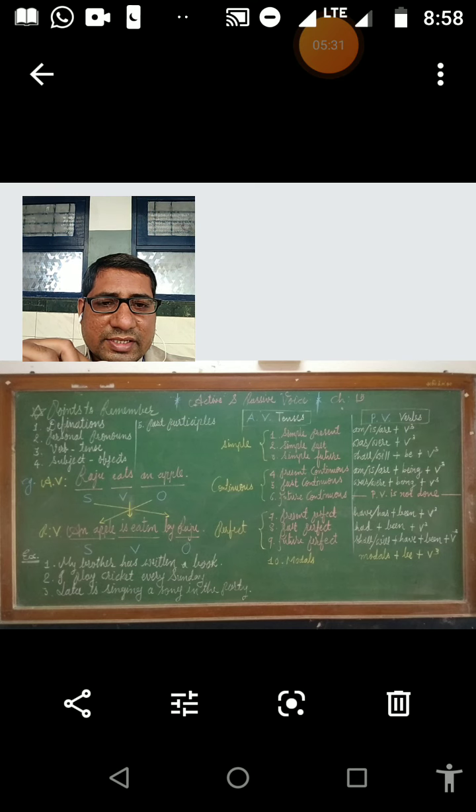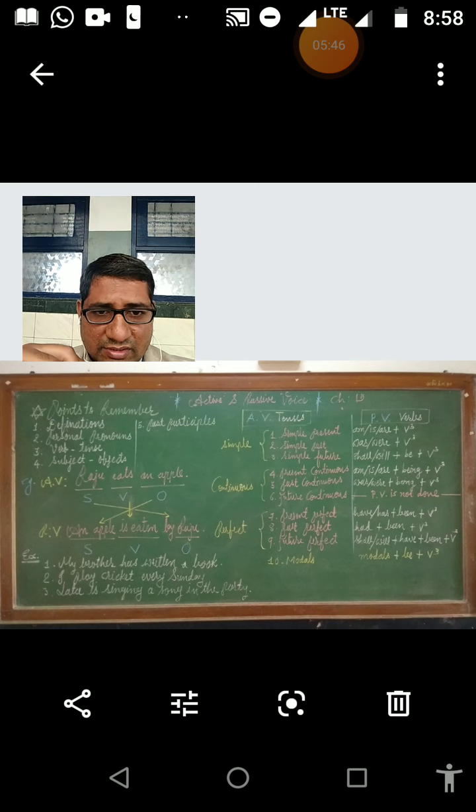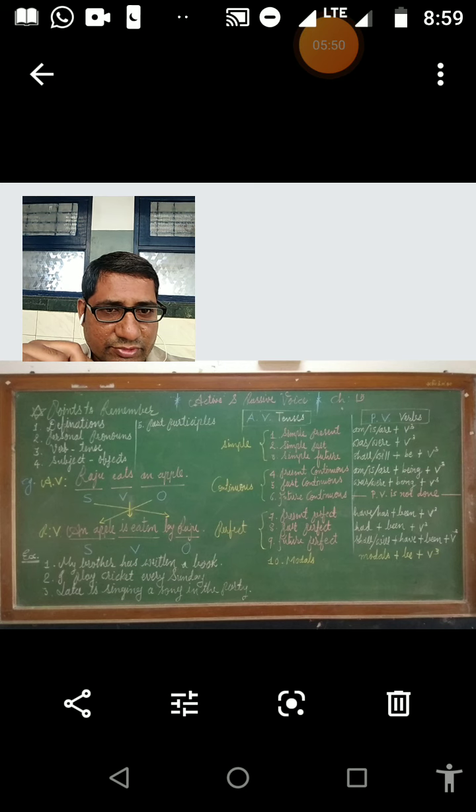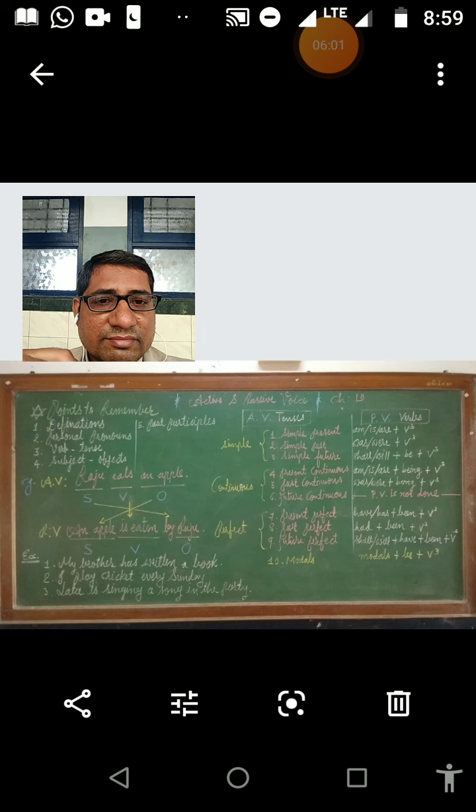So all the tenses that are taught to you in chapters 11, 12 and 13 are tenses. You have the knowledge of all the tenses and you know verb formulas as well. But while changing all the tenses into passive voice, you will have to change your verb. You need to learn these verb formulas that are written in this image.